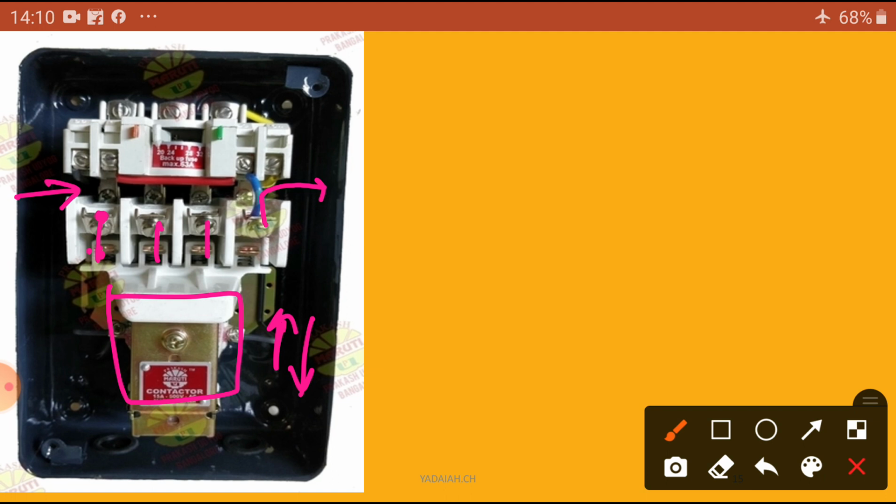The bimetallic strip is for the overload purpose. For the on and off purpose we are going to use this coil. The input comes as R phase, Y phase, B phase. You can see this yellow wire and blue wire connected, the coil is connected line to line here. That is the 400 volts line connected here. You can see it clearly on the outside of this one.